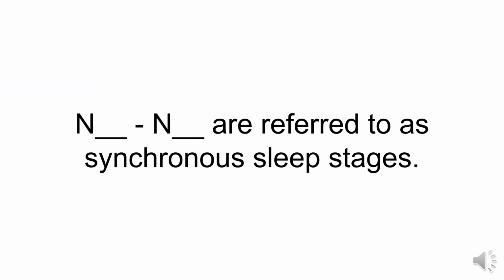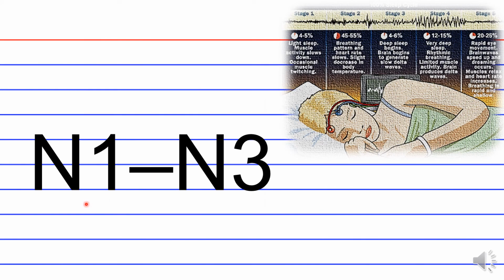N blank to N blank is referred to as synchronous sleep stages. So what stages of sleep are referred to as the synchronous sleep stages? All right, let's find out. That would be the N1 to N3 stages of sleep, okay? So this stage 2, as well as stage 3, these are all referred to as synchronous sleep stages. Okay,